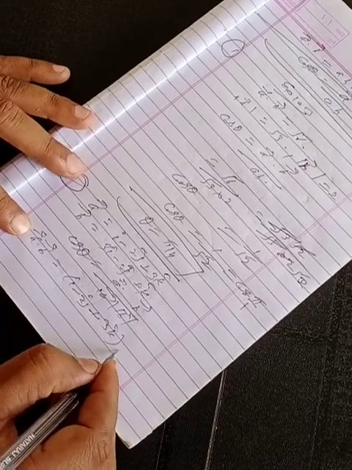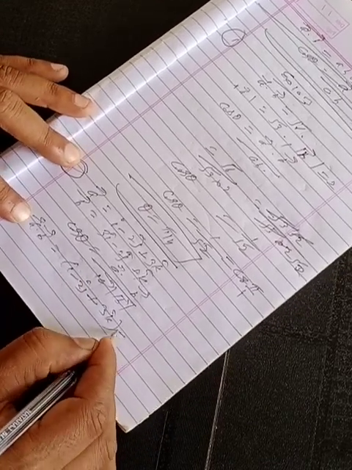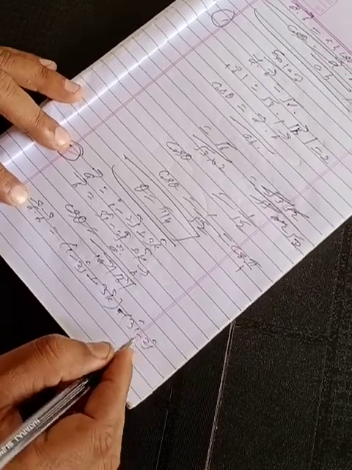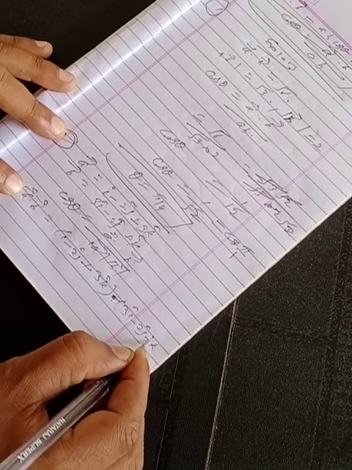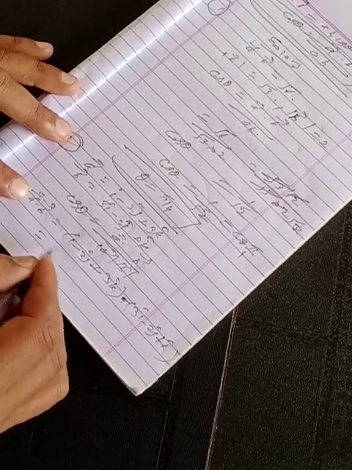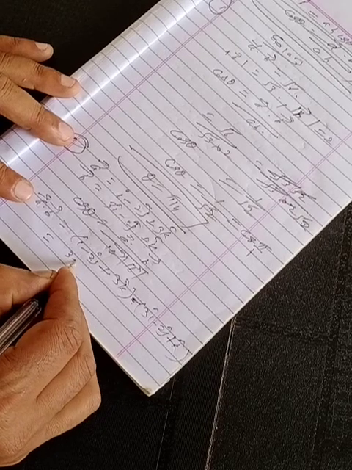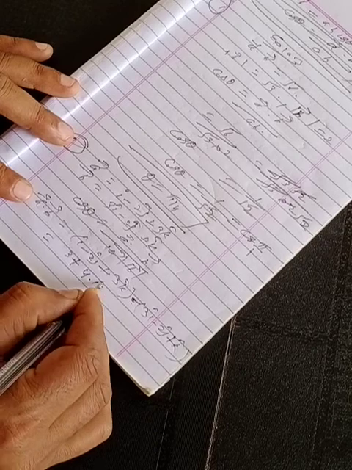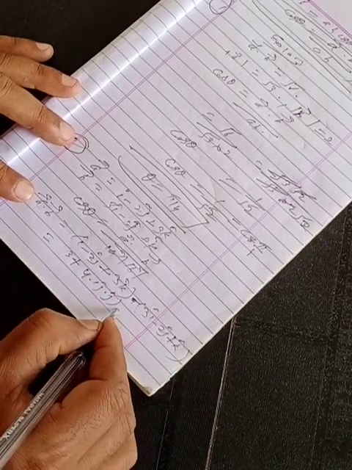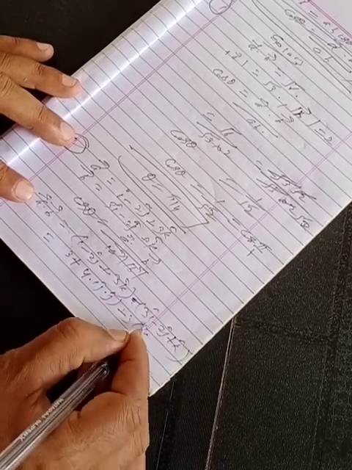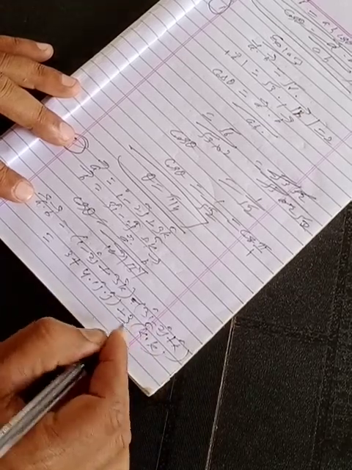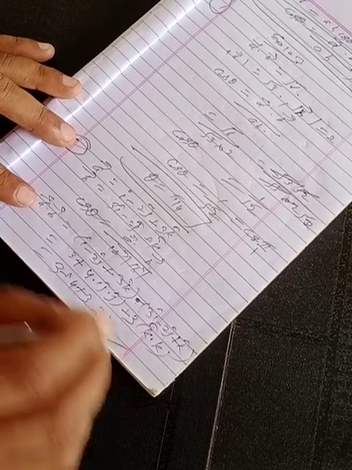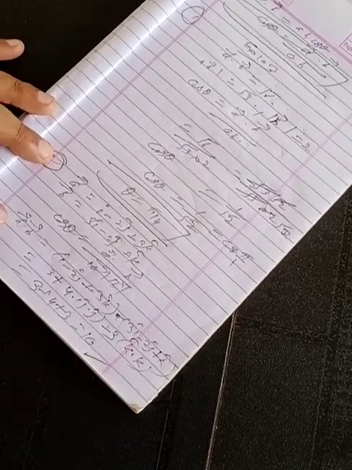This is the formula, all of you. So i dot i is 1 times 3, then minus 2 times minus 2 gives plus 4 from j dot j, and 3k dot k gives 3. So 3 plus 4 plus 3, the value is coming 10. So a dot b is 10.